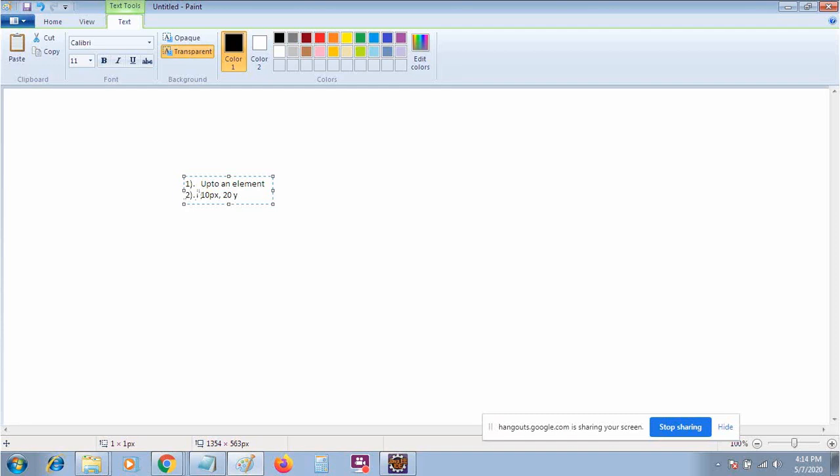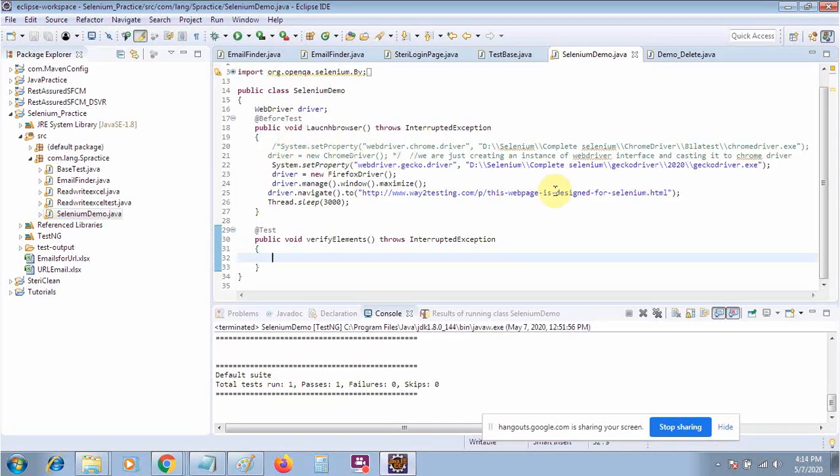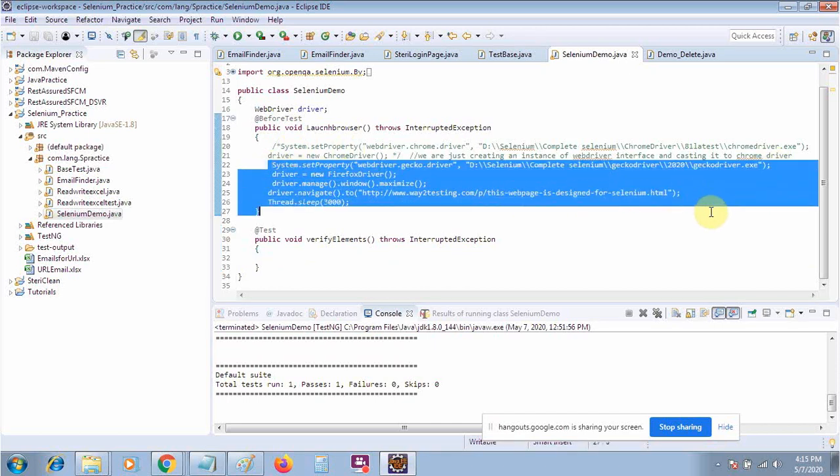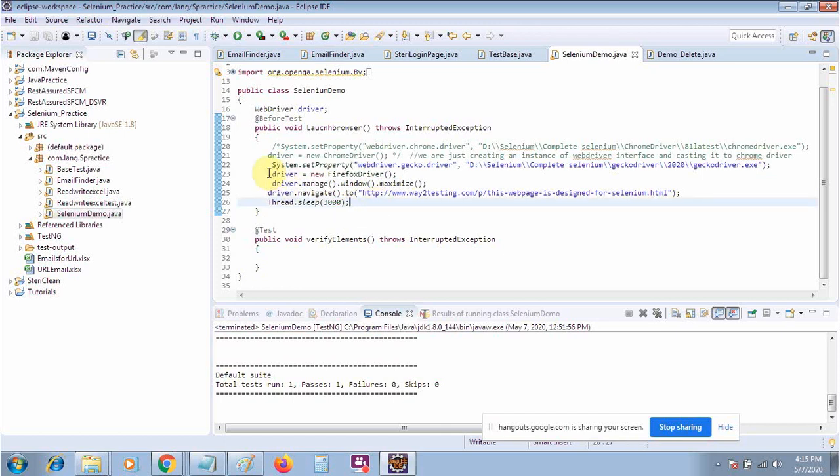The third scenario is that you have to scroll to the bottom of the web page, which is known as a complete scroll. We will cover all of these one by one, how to perform all these scrolls. Let me first perform this x and y axis scroll. In the previous video, we learned how to launch the browser, minimize, maximize and navigate. I will keep all these as they are, and then scroll.